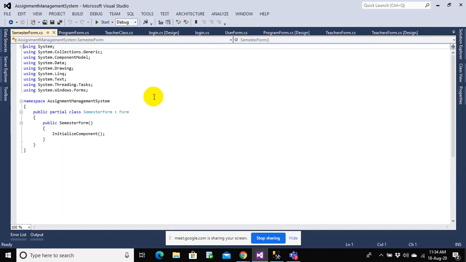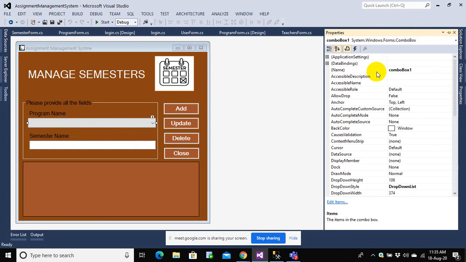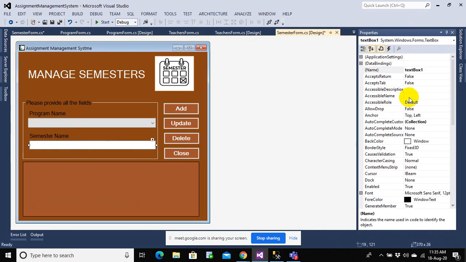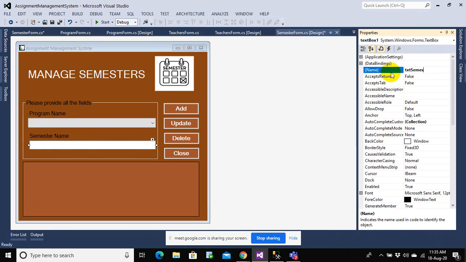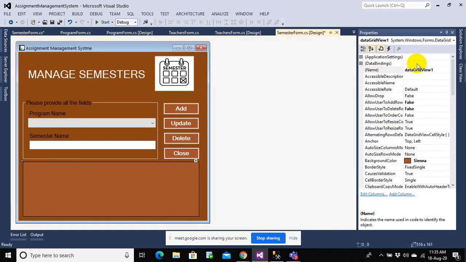So let me go to the view code section, but before that let me change the names. This should now be CMB program, and let me make this a TXT semester. Let us make these add, update and delete: btn add, btn update, btn delete, btn close. All done. This is the semester,